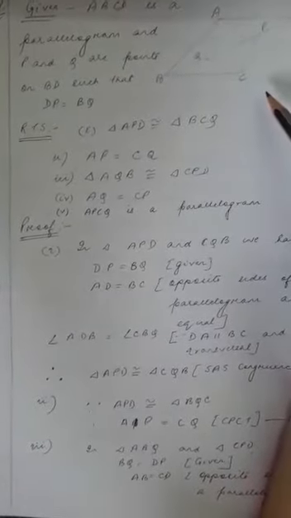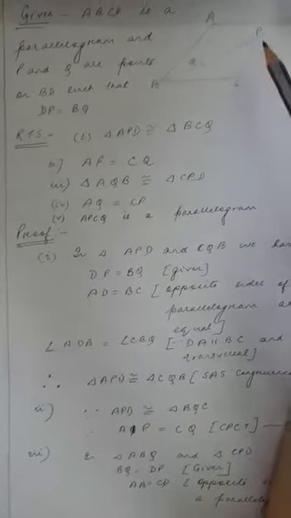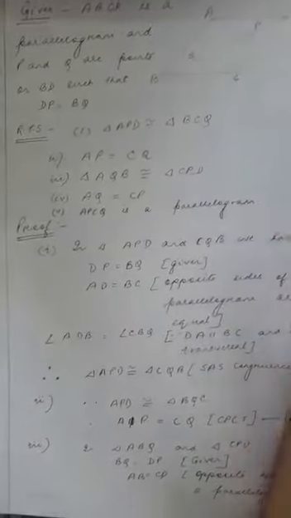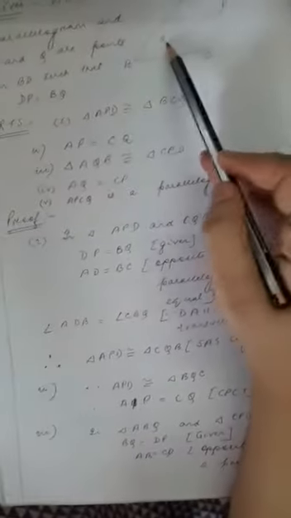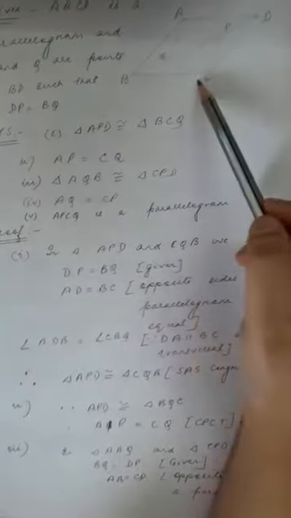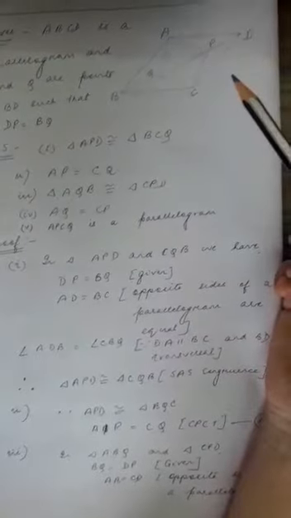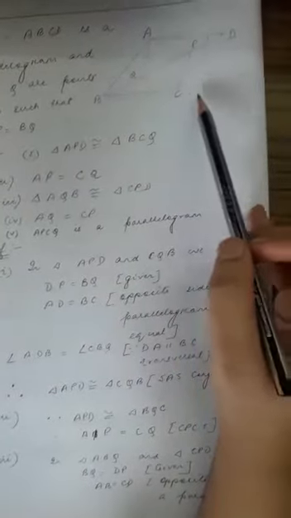So to begin with, let us consider two triangles APD and CQB because we have to prove that they are congruent to each other. Now from these two triangles, DP is equal to BQ, it is given to us. Then again AD is equal to BC because they are the opposite sides of the parallelogram. And angle ADB is equal to angle